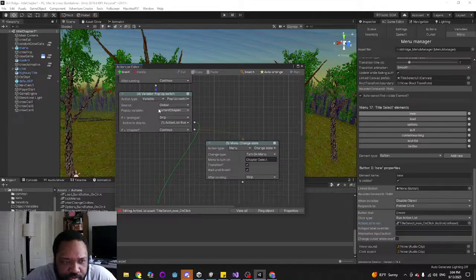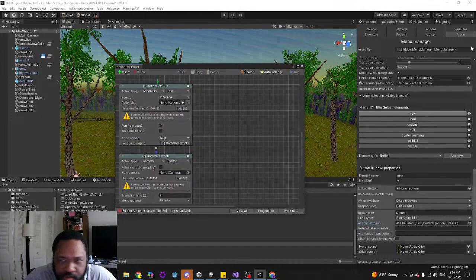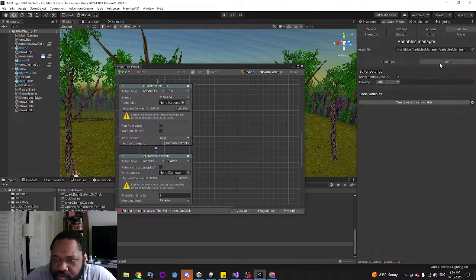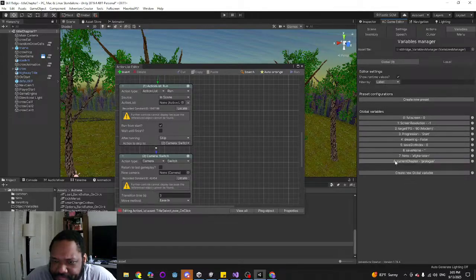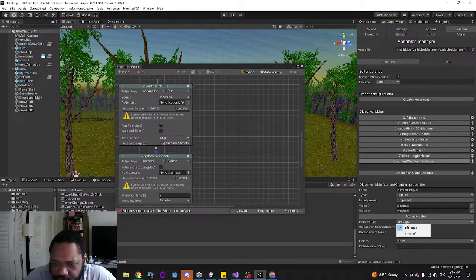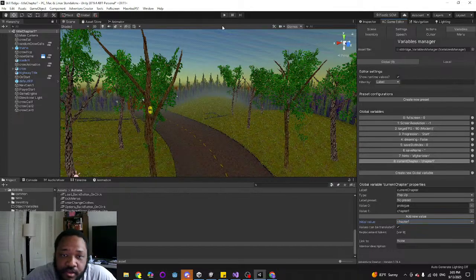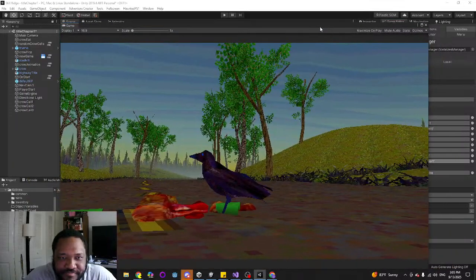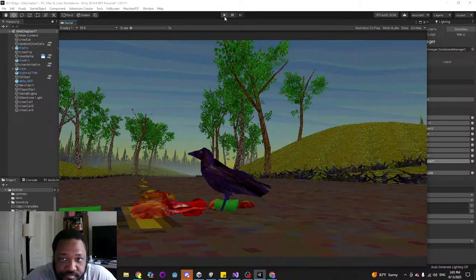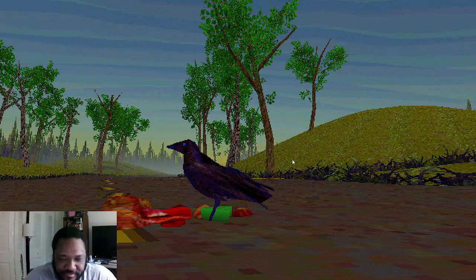All right, so if it's chapter 1, I'm going to have to remember to change this variable back once I actually go to build my game, because otherwise everything's gonna screw up.